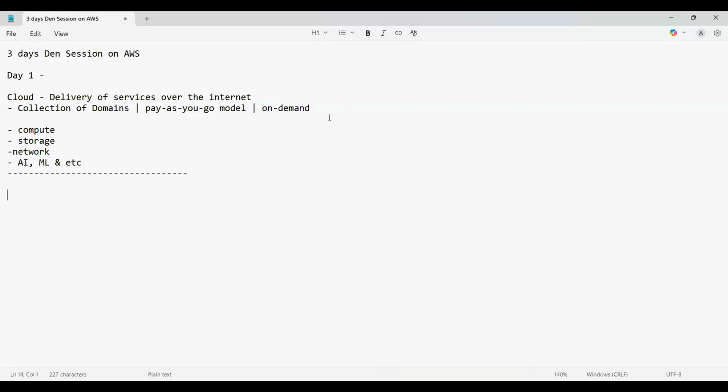I was saying about why we are opting for cloud, or why we are migrating towards cloud. Because of on demand service: we can just demand and get it done. So on demand self service: via online, we can get everything we want. And then elasticity, which means you can increase or decrease the load or volume. So this is the comparison between on premises and cloud.